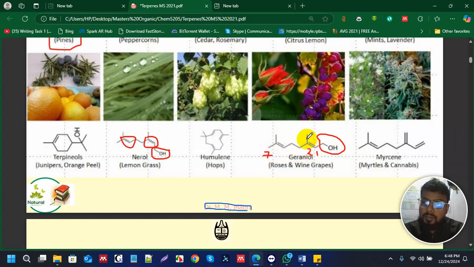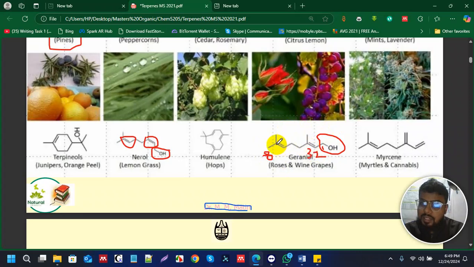And these methyls are connected at positions 2 and 7. So we can say that the parent chain contains one, two, three, four, five, six, seven, eight, it will be number eight. That means this geranyl compound contains an eight carbon chain in the parent chain, eight carbon atoms. That's why we can say that the overall compound name will be